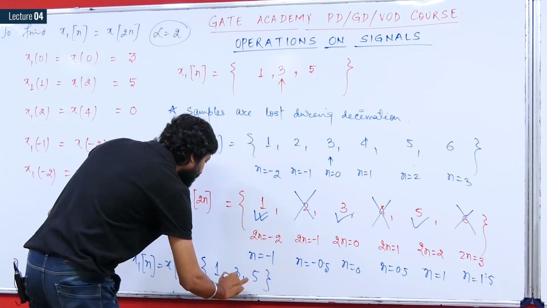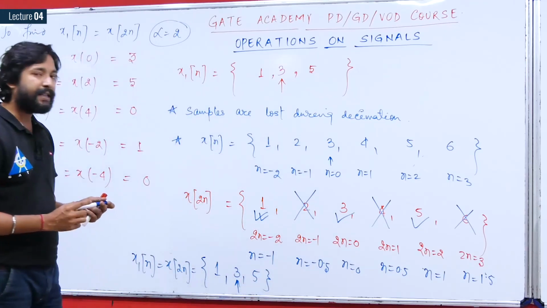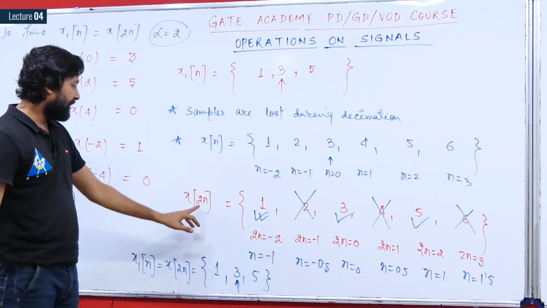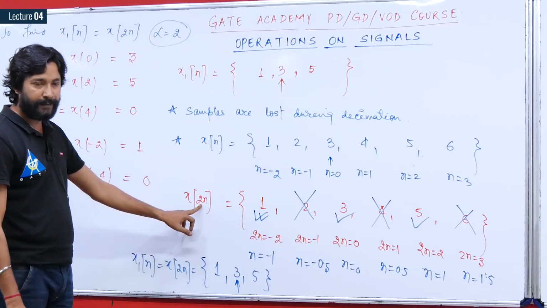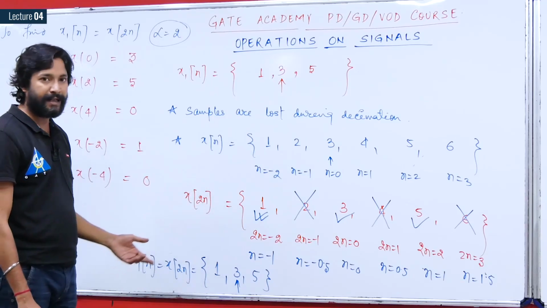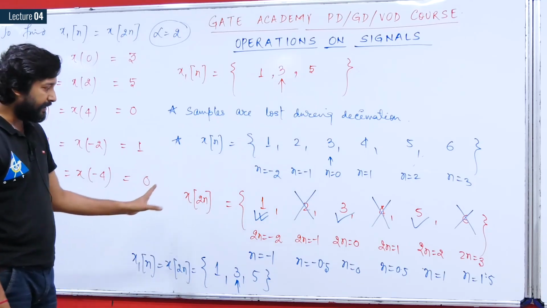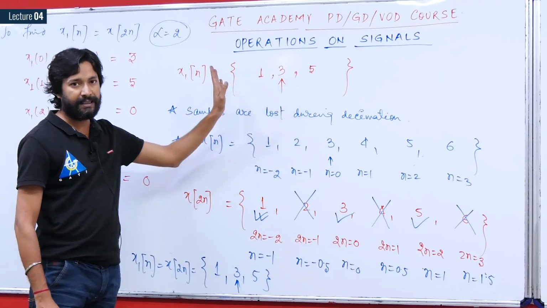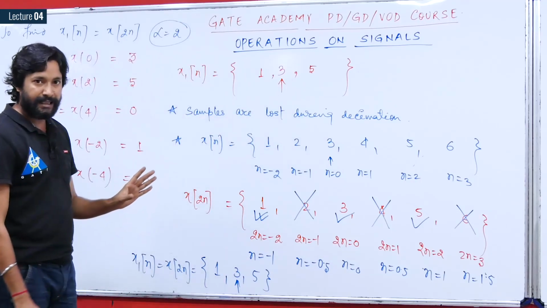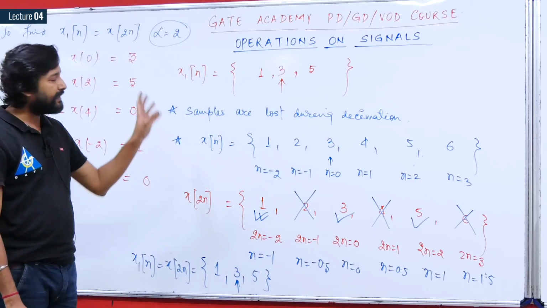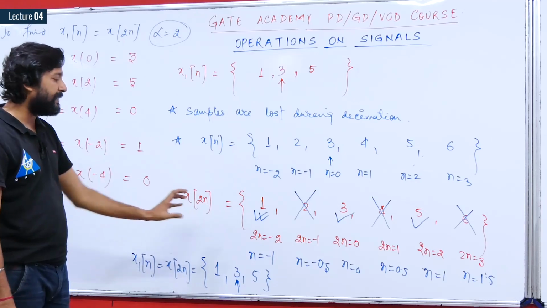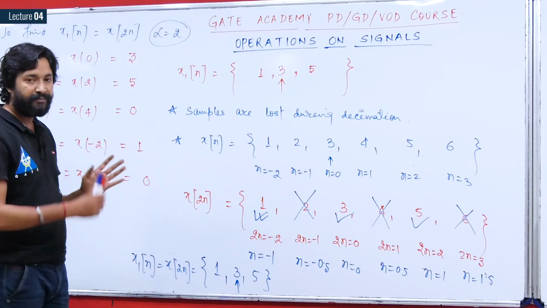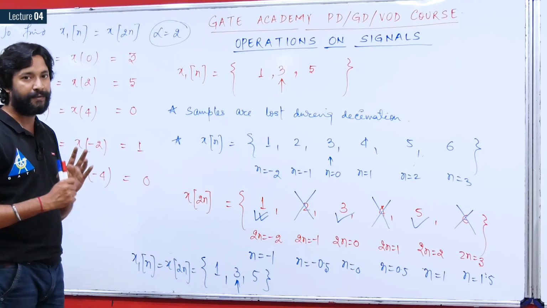The similar procedure can be done for any value of scaling factor alpha, as we have taken here 2n. But if you have to plot x of n by 2 for the same signal, then using this concept, this is the same signal that you have obtained using the earlier method. So you can opt for any method. Now we will be seeing how we can define directly, by observing the signal x of n and the scaling factor, what are going to be the values of x of alpha n.